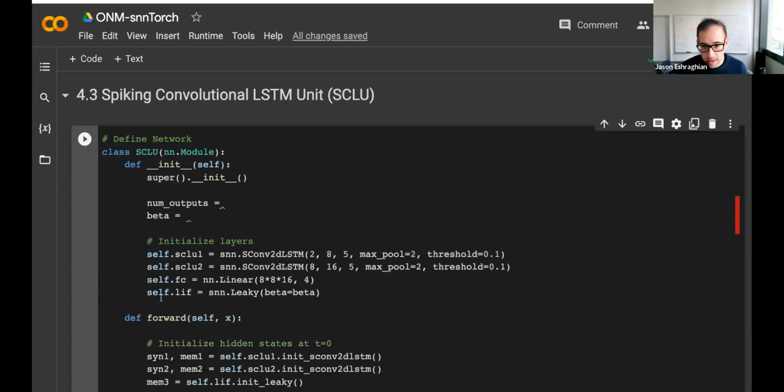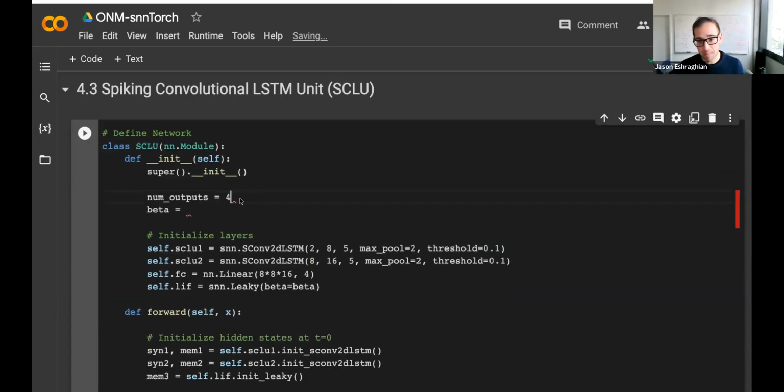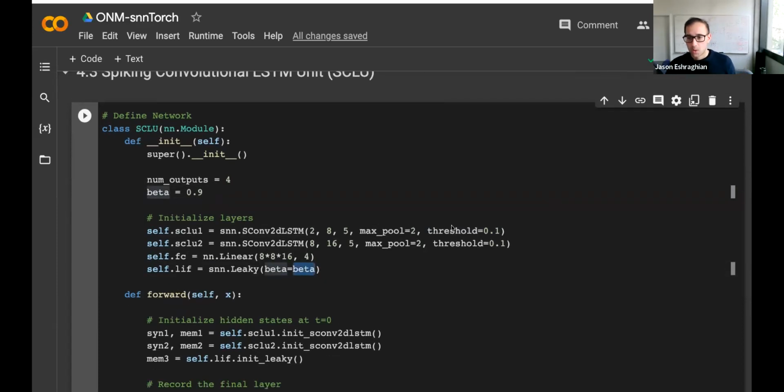So in practice, what I have found is, so number of outputs for beta. So do we even use beta? Yeah, we do. What I've found is that the LSTMs have this tendency of, because of the way the activation functions in an LSTM block are used, we typically don't see neurons that hit the threshold effectively. It's kind of hard to promote LSTMs to go too large because they've kind of been normalized in a nice way. So I found that it was very difficult to train things at first. Then I just looked at my output of spiking and there was no spikes. So I just dropped the threshold down to like 0.1.